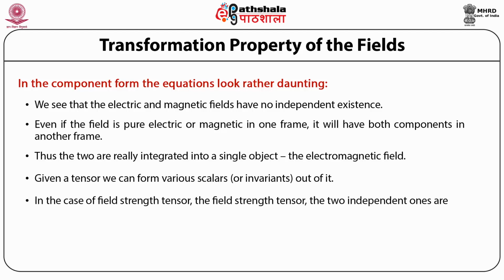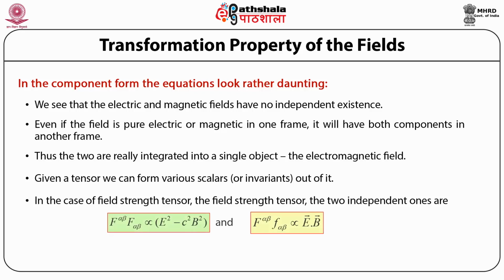So in case of the field-strength tensor, the field-strength tensor has 2 independent ones that are given by F superscript alpha beta times capital F subscript alpha beta is proportional to E square minus C square times B square, and capital F superscript alpha beta times small f subscript alpha beta is proportional to the vector E dot vector B, that is the scalar product of the electric field and the